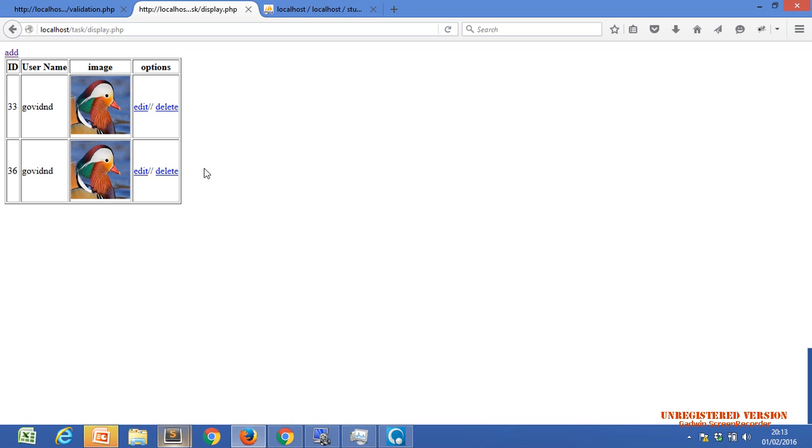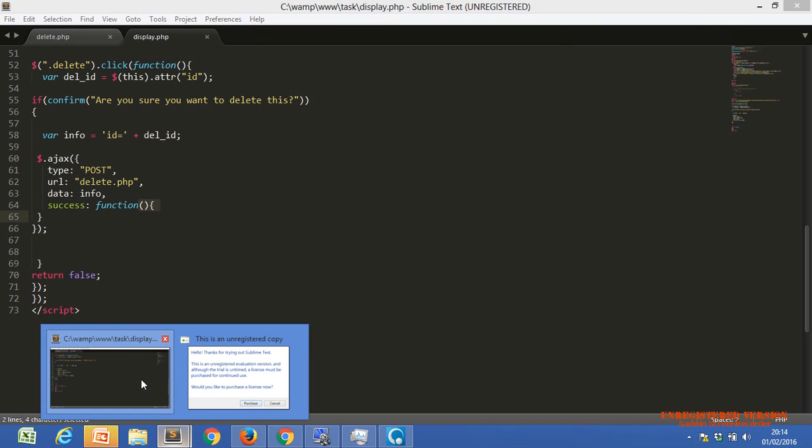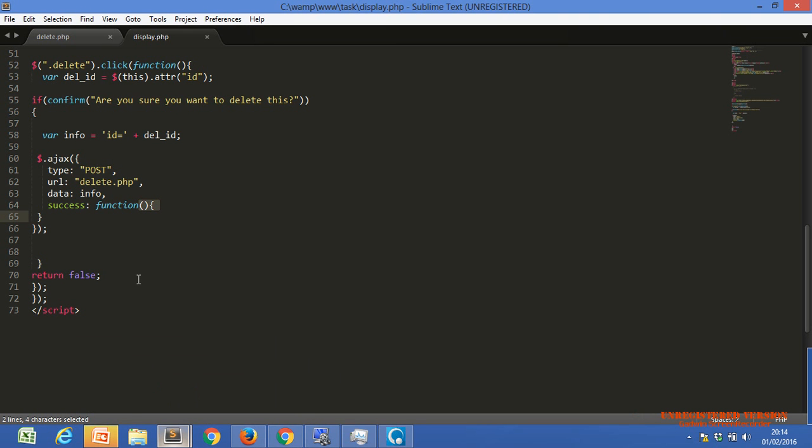For removing this row, this table row, we use this line of code. Why do we use it, Nazar? Dollar this dot parent. These two lines of code, just keep in your mind, don't concentrate on the code. I will describe the working of these functions.